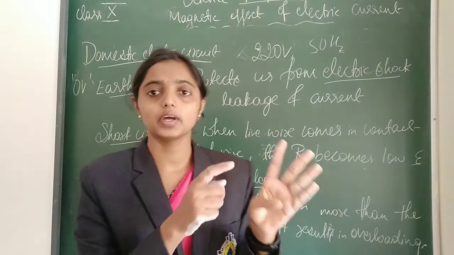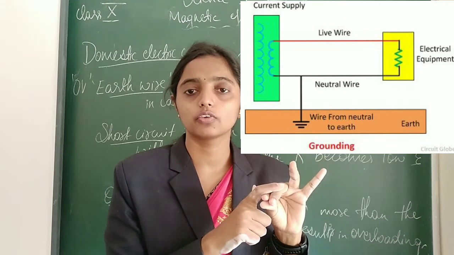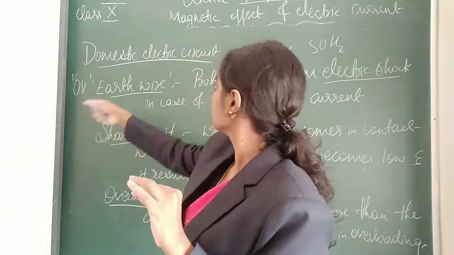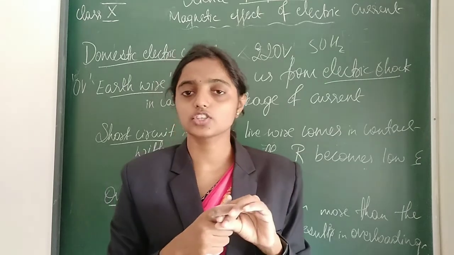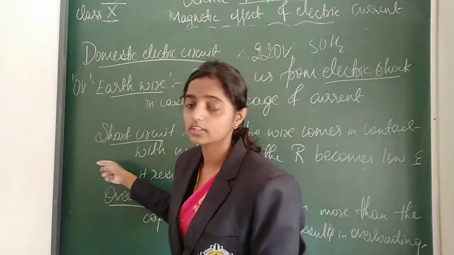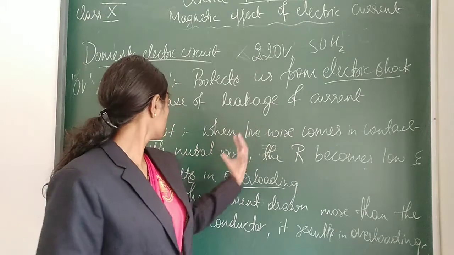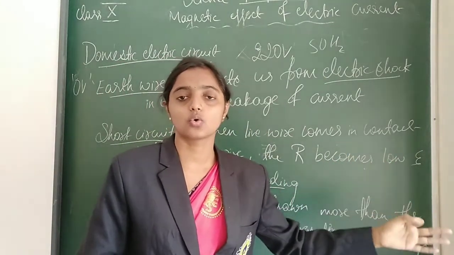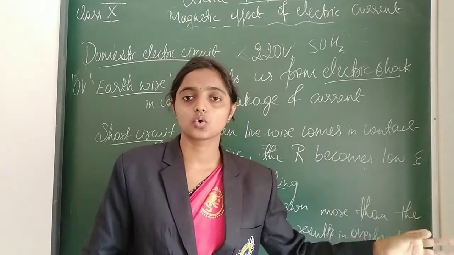Here you should remember that we have 3 wires in any electric circuit, the role of all the wires, and the colors of those wires. Then the potential difference between the live wire and neutral wire, and the potential difference in the earth wire. Next, the role of the earth wire. Next, what is short circuit, and what is overload. How to protect from overload and short circuit? That is nothing but the fuse. So what is a fuse and what is its role? It is the same thing we learned in the electricity chapter, and likewise what is an MCB and what is its role.